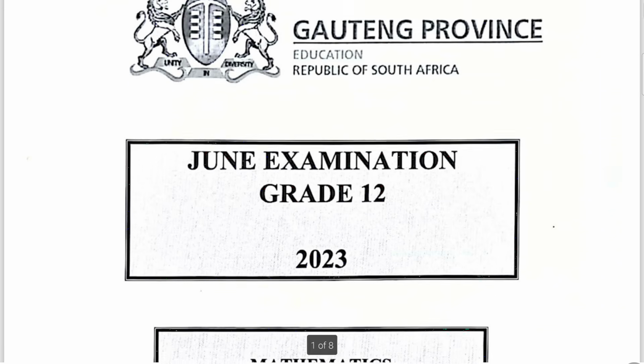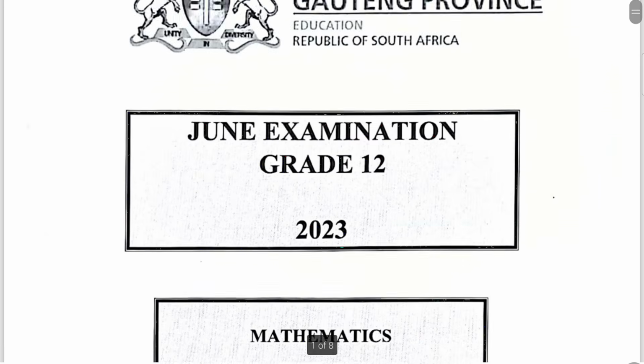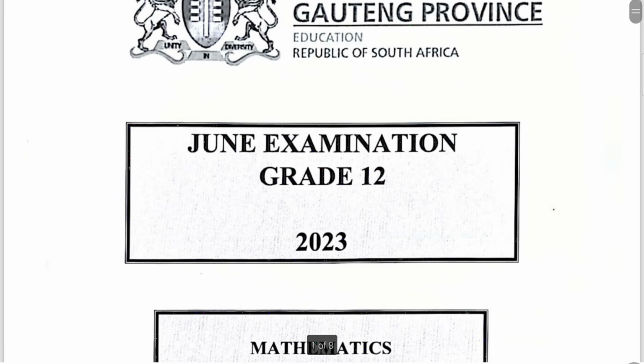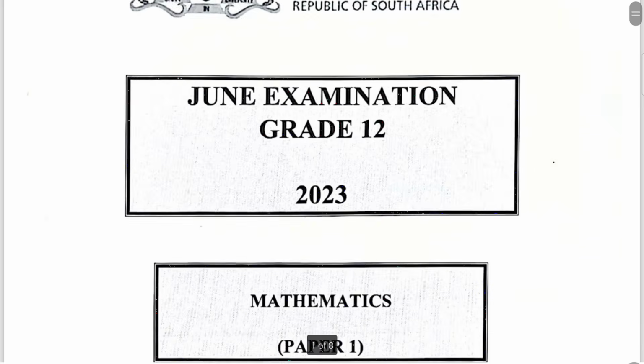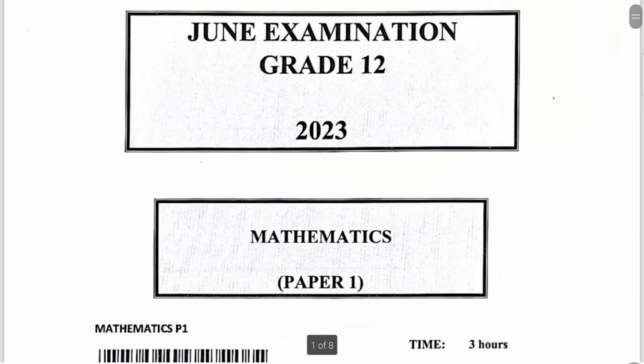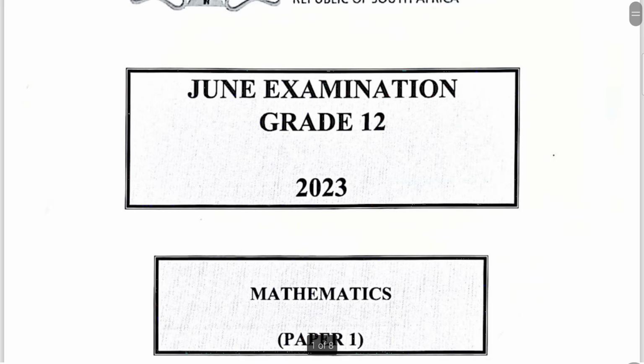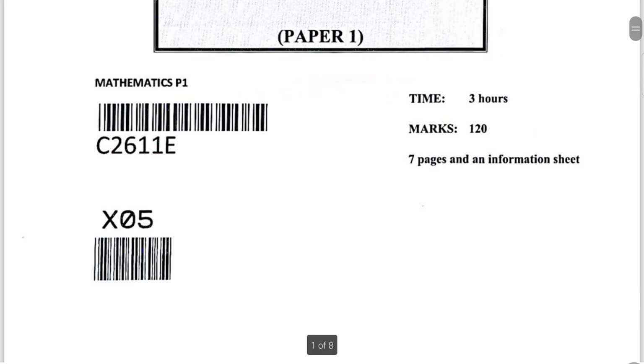In this video, we'll be working on the Mathematics Paper 1 for June 2023, and it's specifically from the Gauteng province. This is a grade 12 exam, so you guys can also use this along with the other exam papers that have already been uploaded. I do have some videos on those, okay? So the 2025 and 2024 ones are already up,